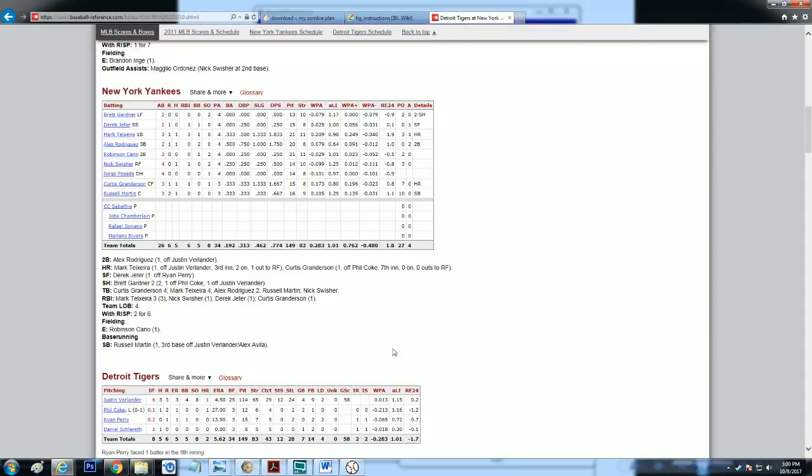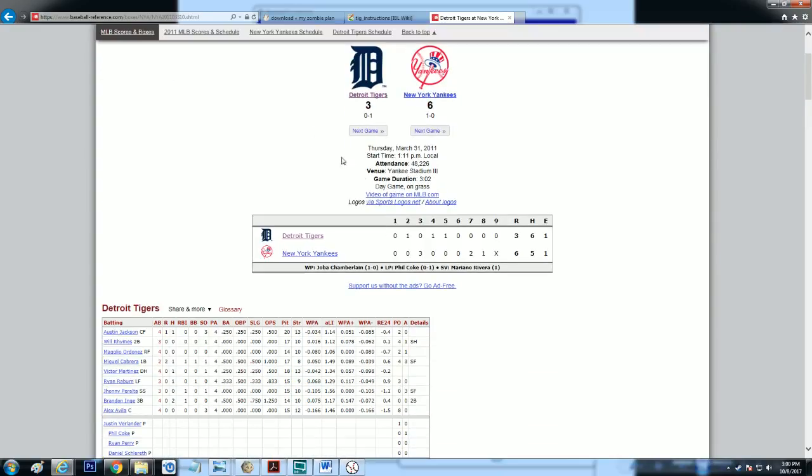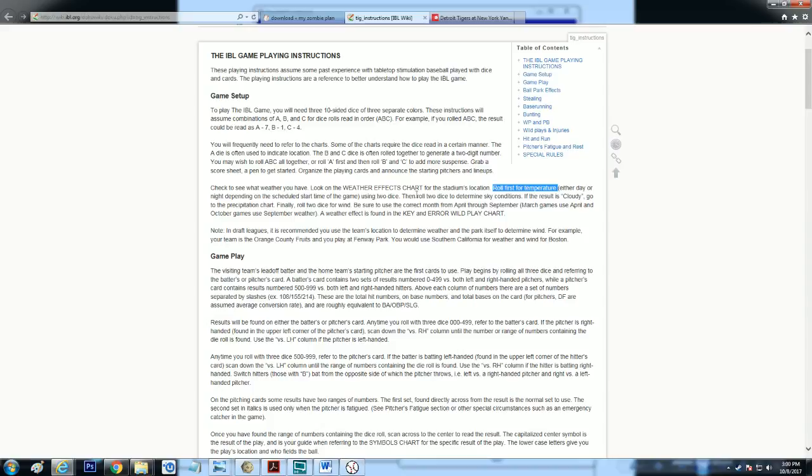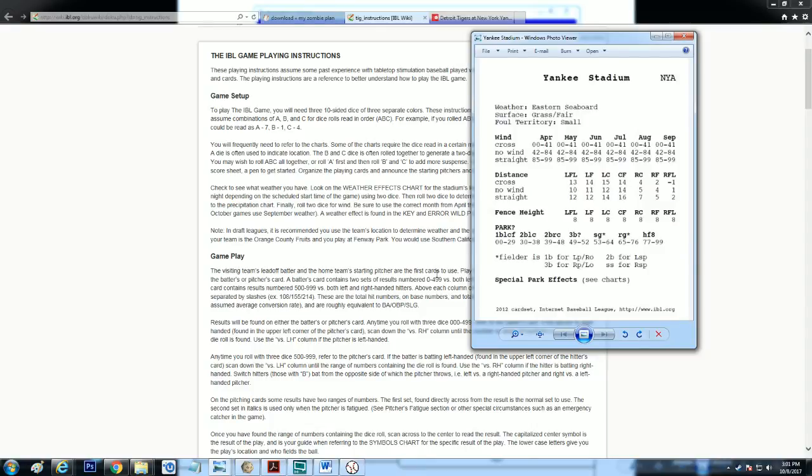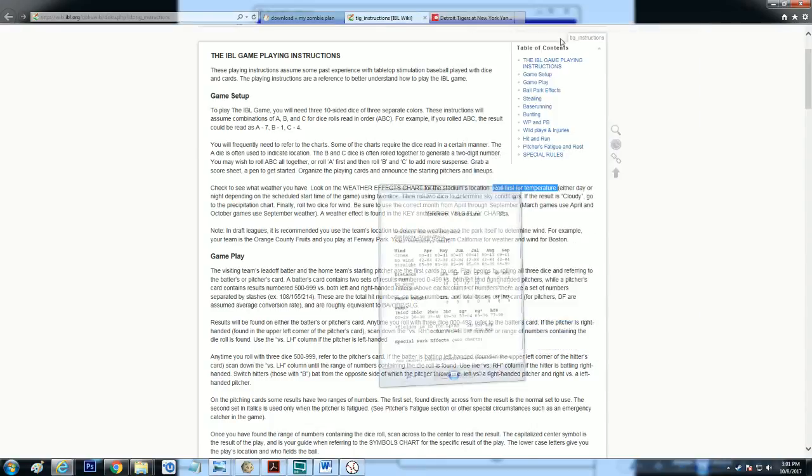So as you can see here from our Baseball Reference, it happened at 1 o'clock p.m., so it's going to be a day game in Yankee Stadium. So we're going to roll for temperature first. Let's see if that's actually on the Yankees card here. That is not. Okay, so what we need to do first